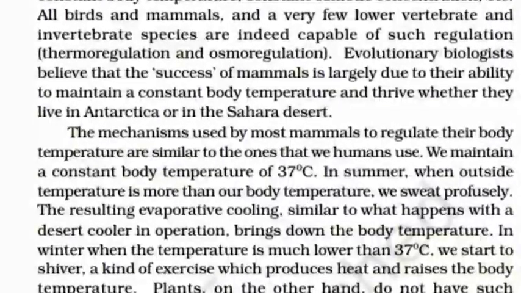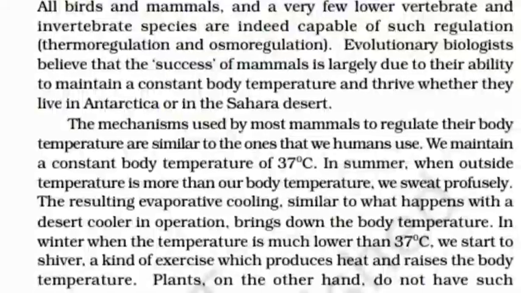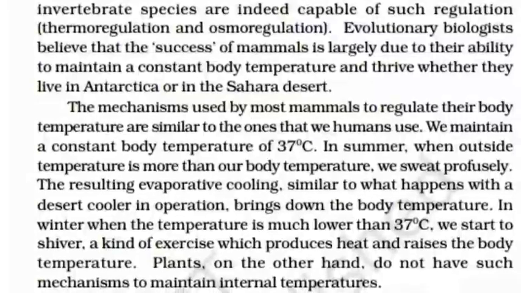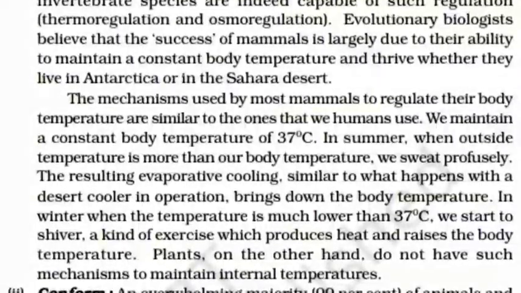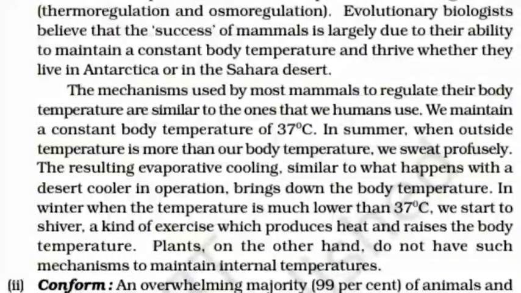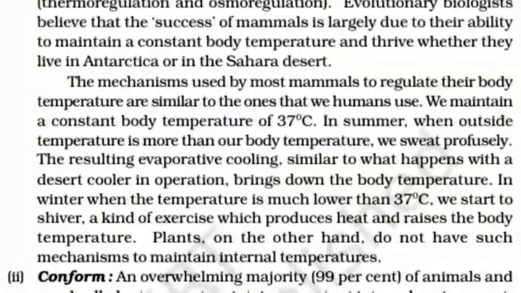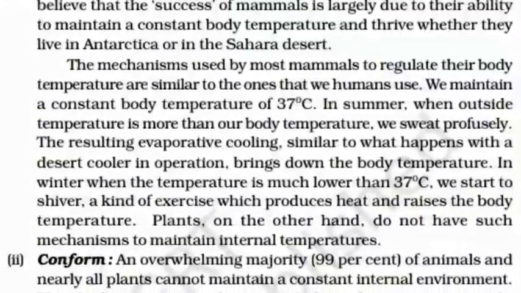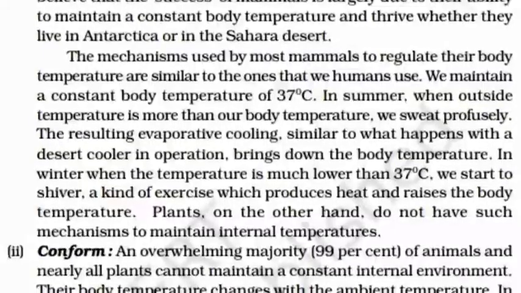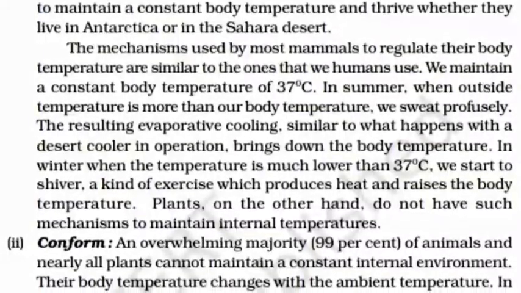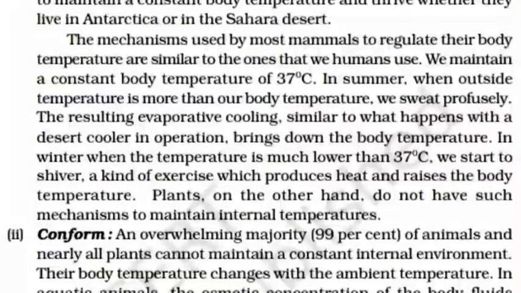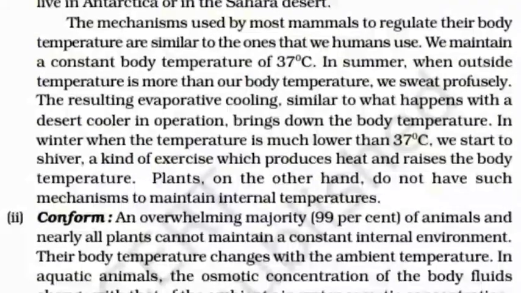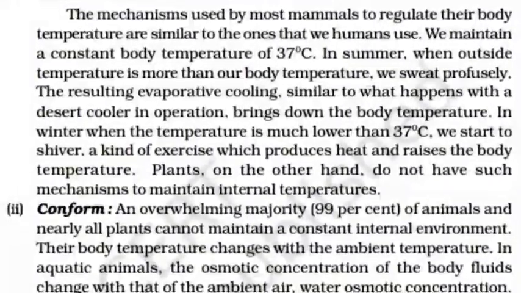Evolutionary biologists believe that the success of mammals is largely due to their ability to maintain a constant body temperature and thrive whether they live in Antarctica or in the Sahara Desert. The mechanisms used by most mammals to regulate their body temperature are similar to the ones that we humans use. We maintain a constant body temperature of 37 degrees in summer, when the outside temperature is more than our body temperature. We sweat profusely, and the resulting evaporative cooling